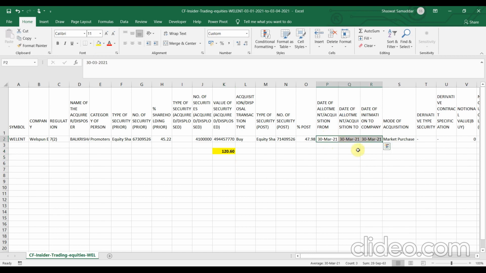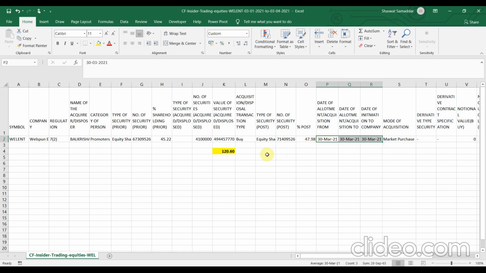Now, these dates, the date of allotment and date of intimation to the company, are important dates, but discussing their importance in this particular video is beyond the scope. I recommend you go and check what more data points we need to look at in order to make a position in the stock. Like we have to check the volatility, the volume, the percentage delivery, and what happened to the stock prices after these dates.